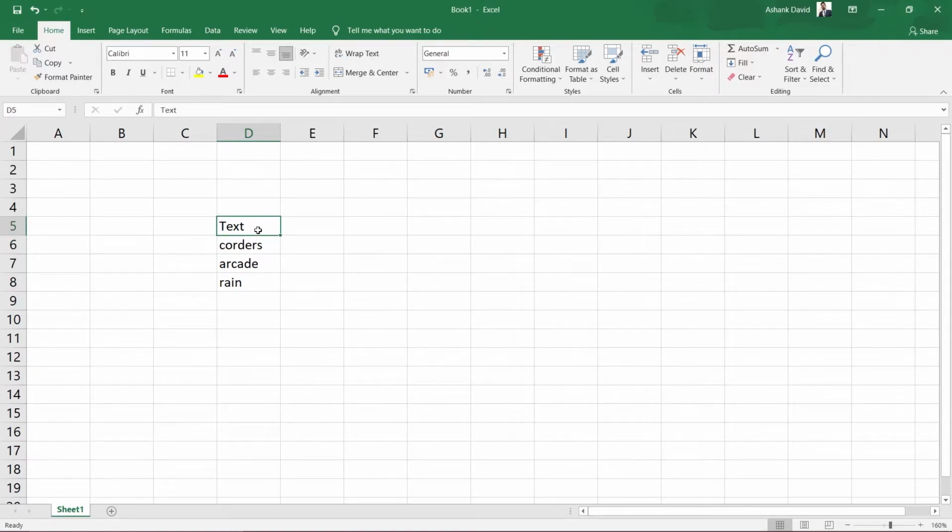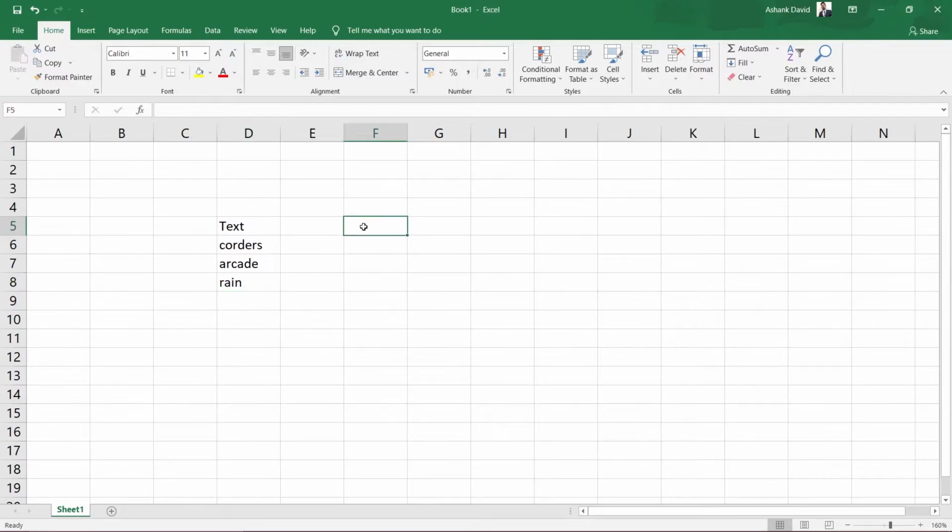So whenever a particular data is aligned to the left hand side in a cell, it means that kind of data is character data. What Excel does is align the character data to the left hand side inside the cell. So this way we will know that this kind of data is text data.